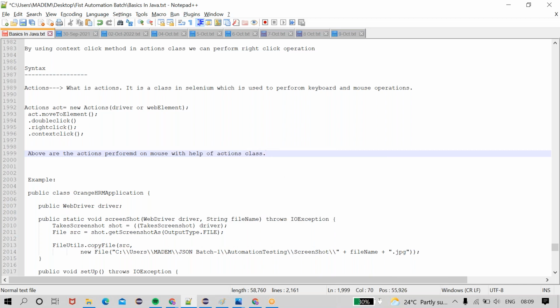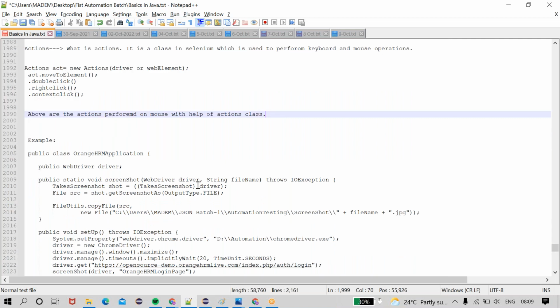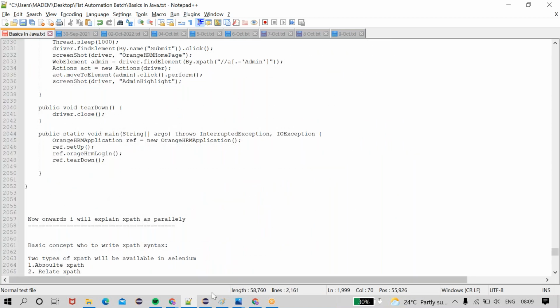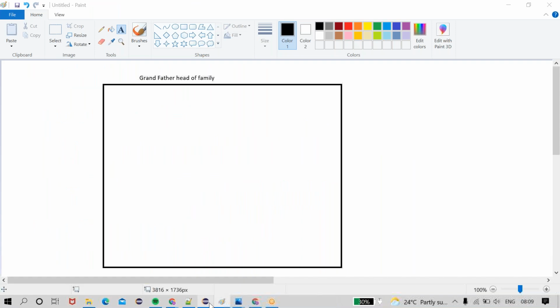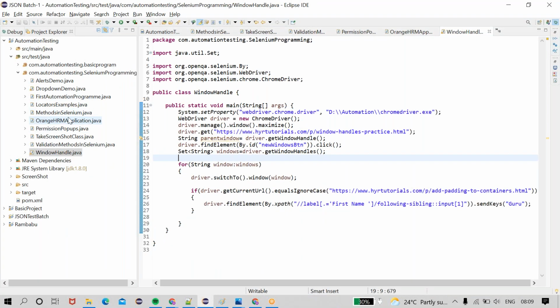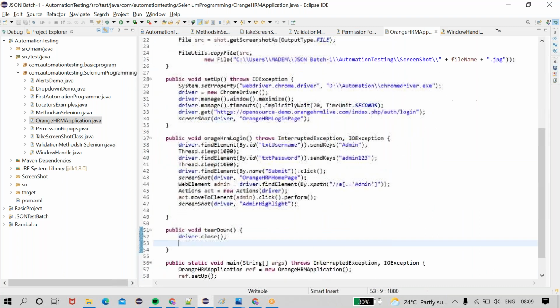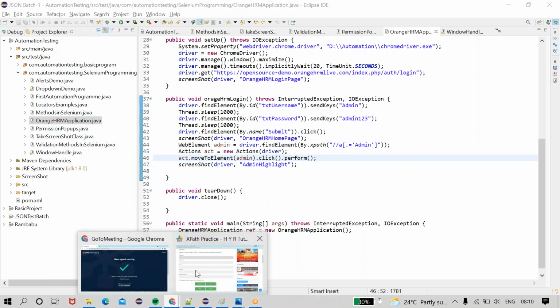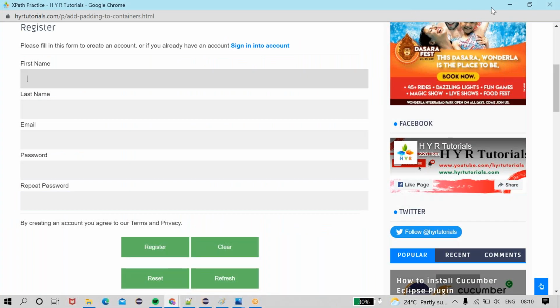Okay, and we created one class, and the application is the Orange HRM application. I will continue with the Orange HRM application. See, this is the Orange HRM application that we created as of now. As of now, we are moving to the element up to Admin.